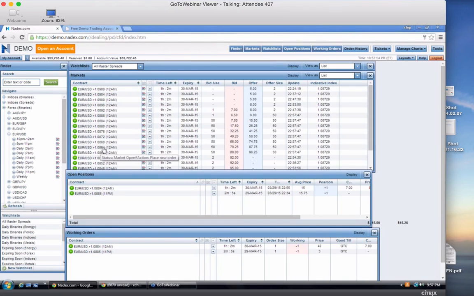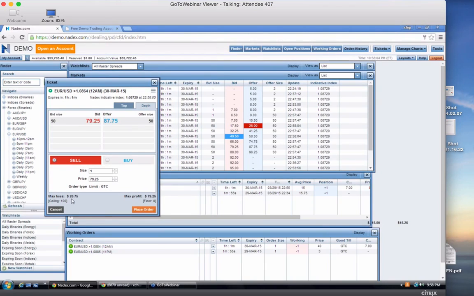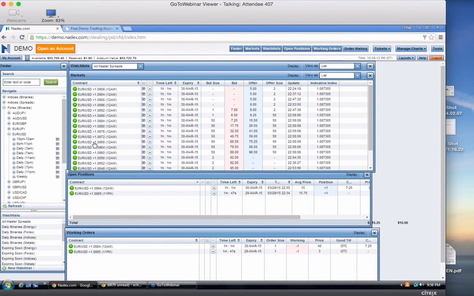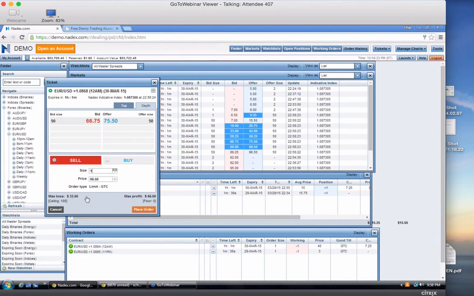0.865 is farther below 0.864, so we might not be inclined to do this one, because if we sell this one, it would cost us $20.75. If we sell this strike, which is our target below 0.868, that would cost us $33.50. Okay, so I'm bearish on the market. I think it's going to finish below this.